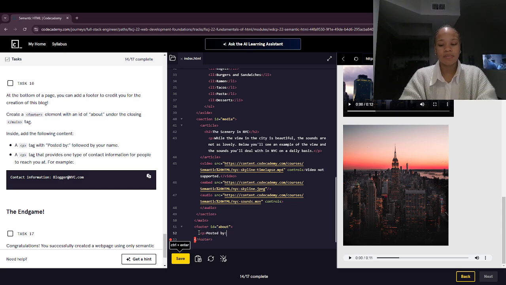posted by. And we're going to close that paragraph. Oh, money. Oh, yeah. And then a paragraph tag that provides one type of contact information for people to reach you at. For example, contact information, blogger at newyorkcity.com. Okay, so we're going to do